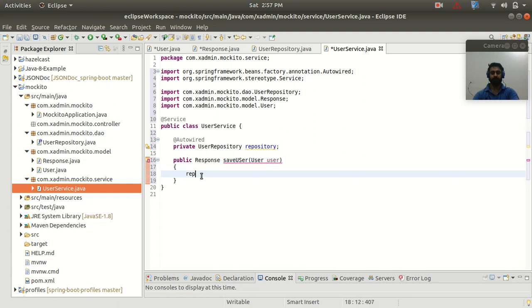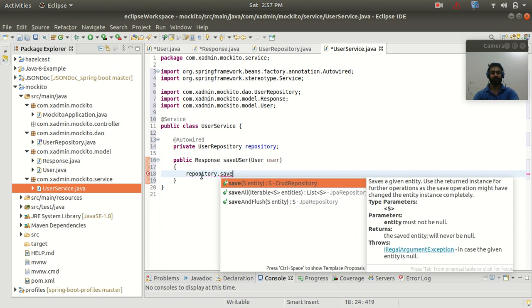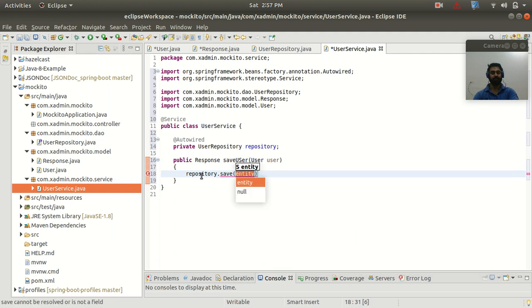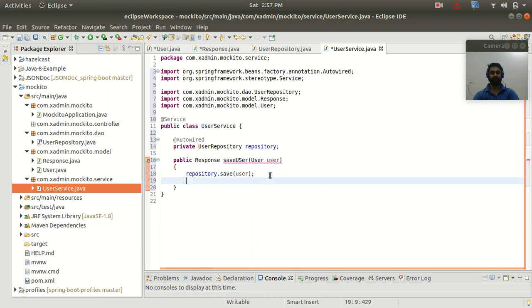Now let's call repository dot. We have a save method inside our JPA repository to save a new object to my database. And here you can see that the argument is of entity. So here we will pass the user object, right? So it is going to save this user to my H2 database.